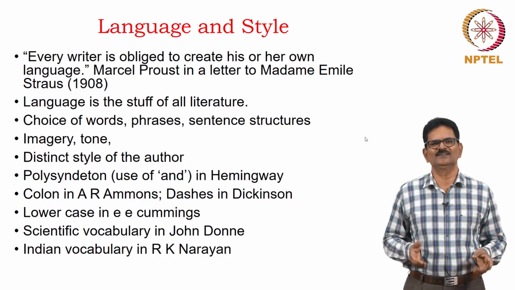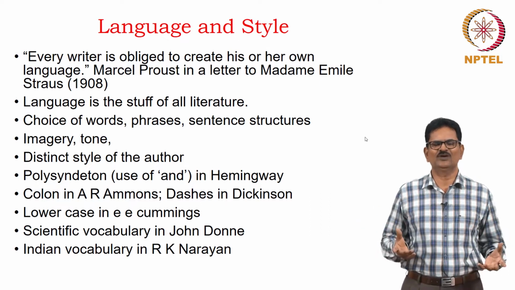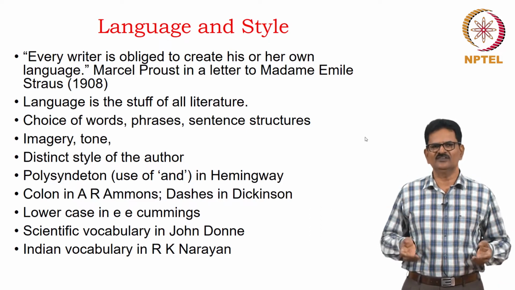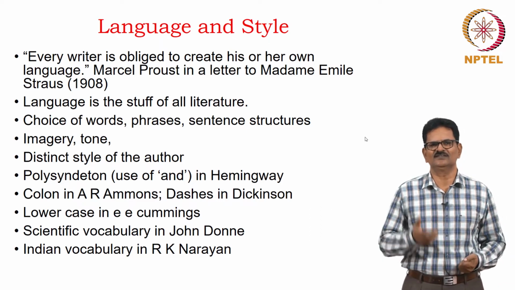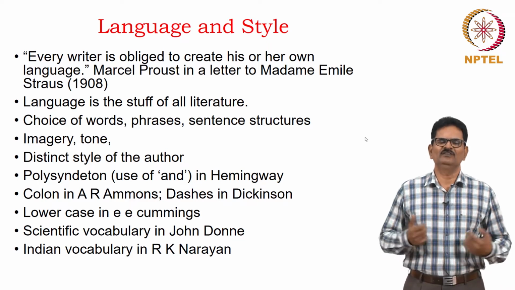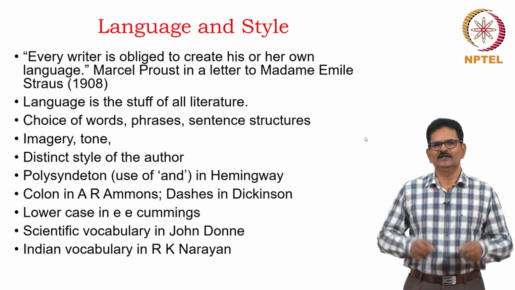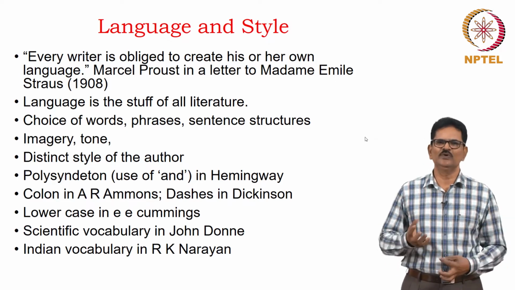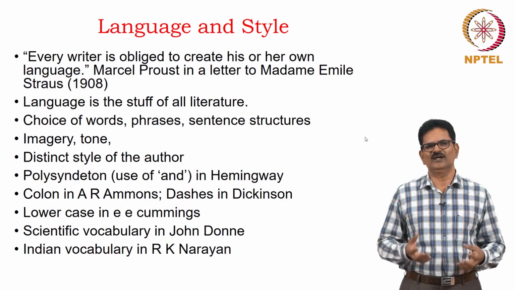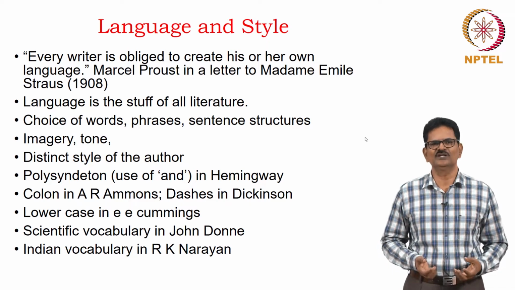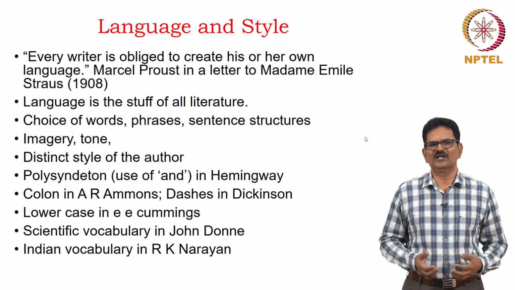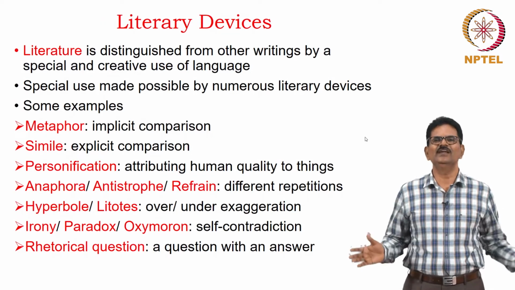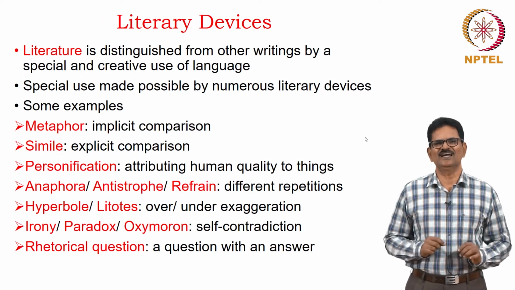One of the reasons is they want to democratize language or literature. Sometimes we may find the dominance of scientific vocabulary in some writers like John Donne. And when we come to Indian literature, we find that R.K. Narayan, when he started writing, he started using English along with Indian words, and that's why when we read R.K. Narayan's stories, we find that we are able to relate to R.K. Narayan much more easily. Whenever we read any piece of literature, one of the things that we are expected to